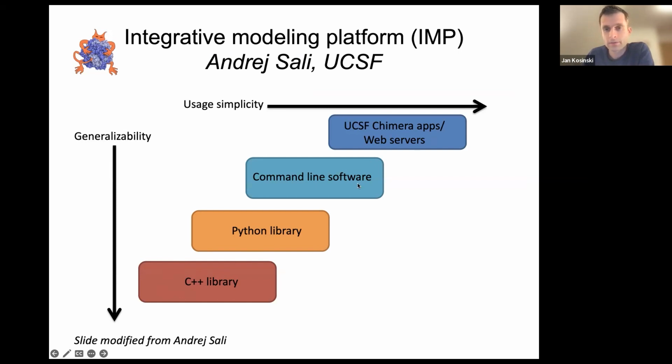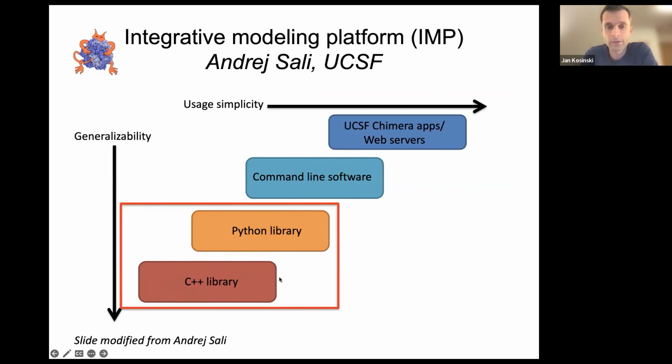it does provide some standalone programs that you can run for some very specific modeling applications, for some simple usage. But in addition, it also provides programming libraries that you can use to implement your own programs or your own scripts, like a Python library and also a C++ library. So you can imagine that this is a kind of MATLAB for structural modeling. And this is how we use it in assembly. So we use IMP as a Python library to implement various features like Monte Carlo approaches and some other things I will show later.